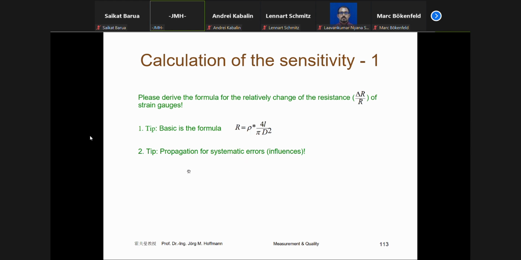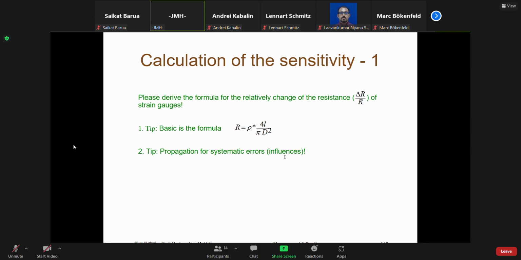And what I can use is the propagation of systematic errors, but that means also systematic influences. Therefore, as we had it in the beginning of the lecture, the propagation of systematic errors, I have told you that this has no importance regarding the